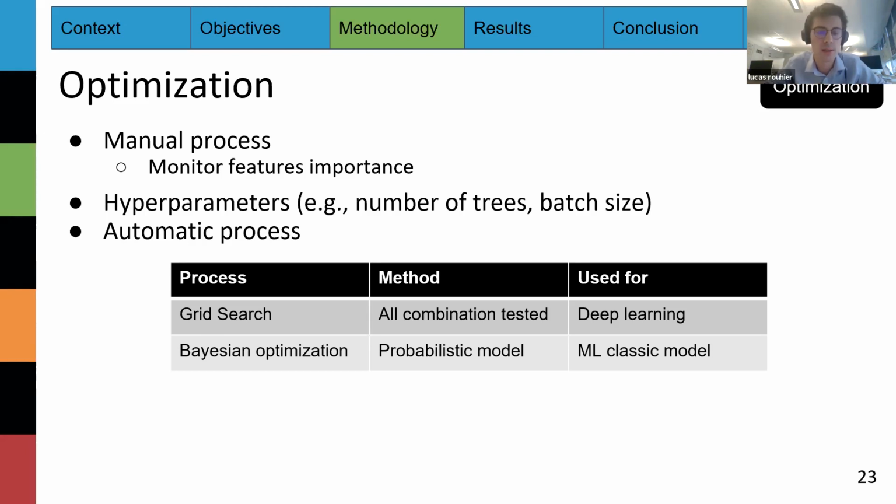Bayesian optimization relies on a probabilistic model, which is great because it allows you to have a range of continuous values, while grid search is only discrete values. Of course, all combinations are tested, but you have to define what combinations can be tested in the beginning. Bayesian optimization allows you to bypass that. It will create a probabilistic model of the output of the network and try to optimize the hyperparameters with that to determine which parameters will be the best. And we use that on the more classic machine learning models.